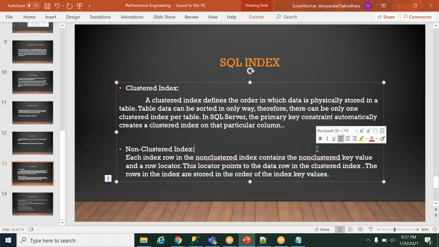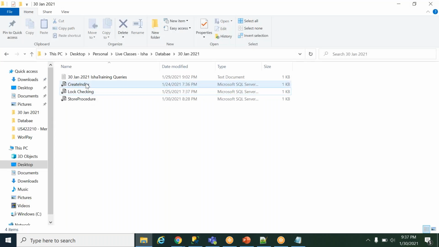More indexes, I'm saying. One or two normal indexes is okay. But if we go for many indexes, it always has to look at each and every index. It has to reset the data, refresh the data, and keep it in a particular fashion so that it will retrieve the data whenever it is required from us, right? So I'll give you an example of how we create the index.